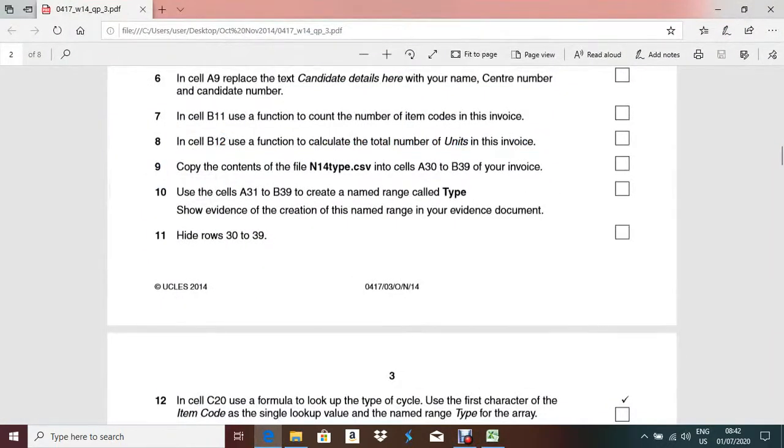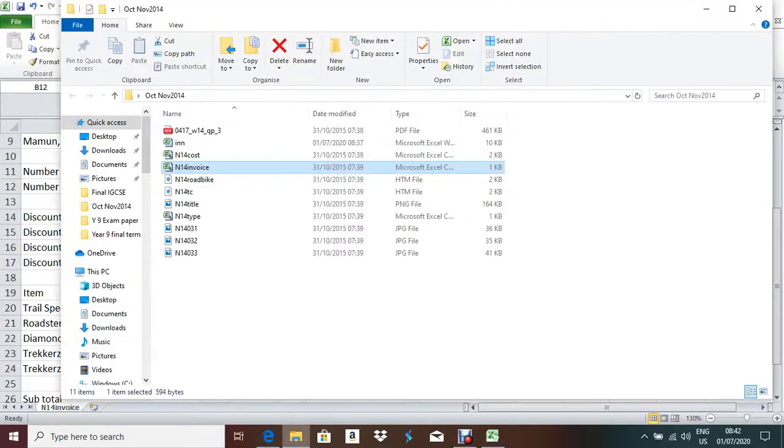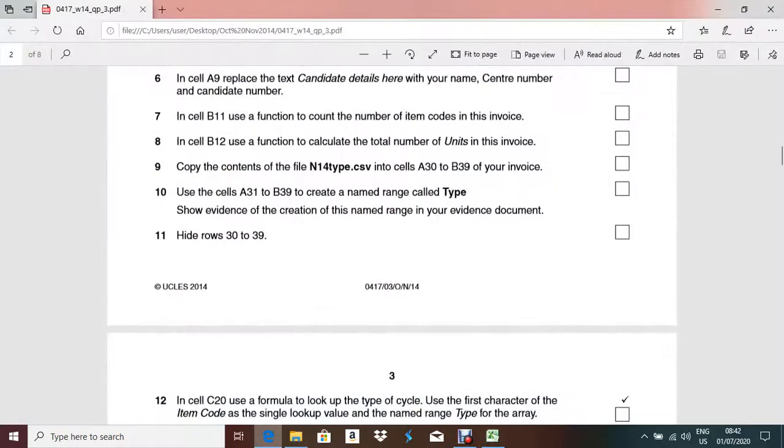Now next question, copy the content of N14 type.csv into cells A31 to B39. So you have to copy the contents from this file, the N14 type file, and paste that content into your current spreadsheet file, that means the Excel file, at those cell addresses. So first we have to open that particular file. What is the name of the file?